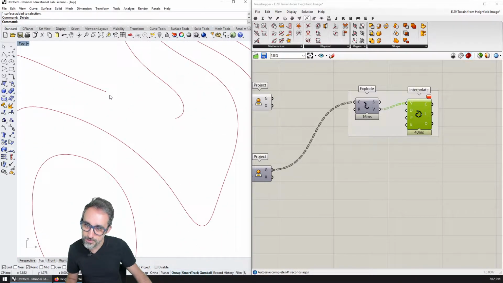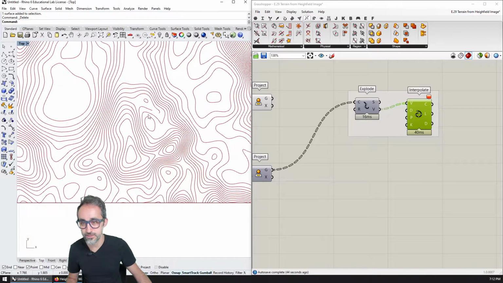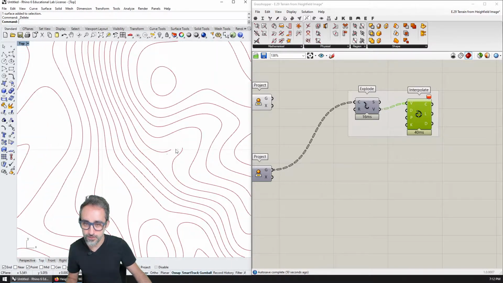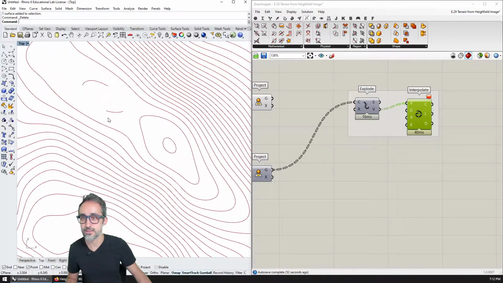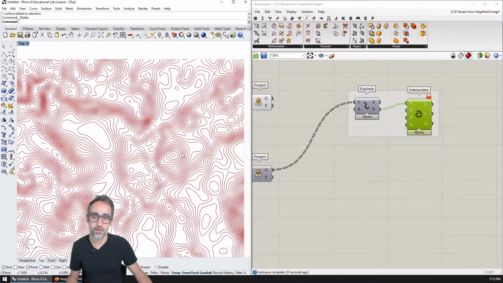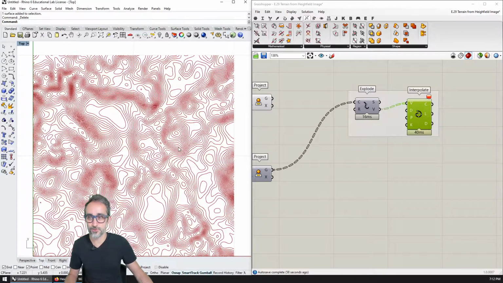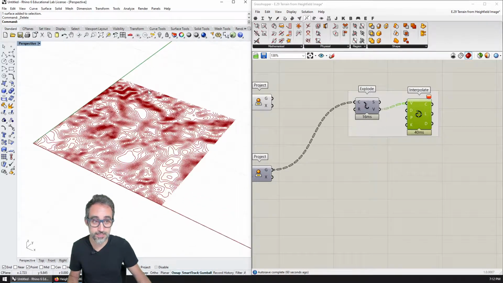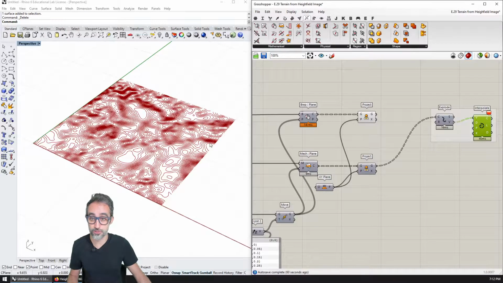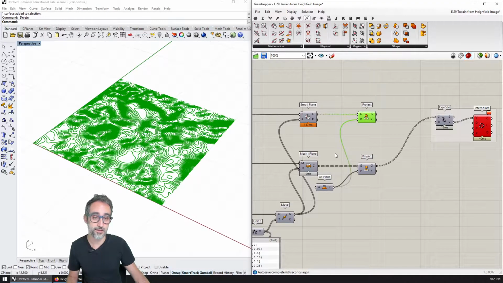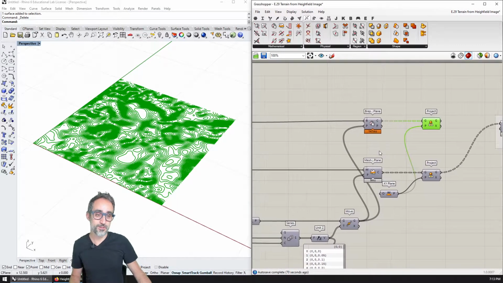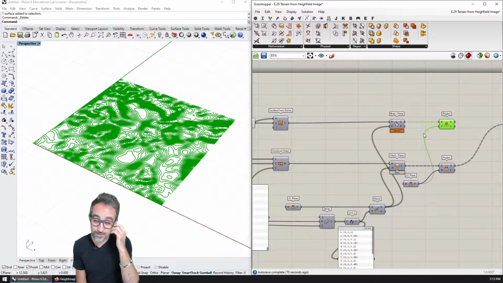But you see, I'm starting to get errors here because NURBS intersections are not perfect. Sometimes they can be buggy. So you see, I'm missing this area here. I'm missing this part here as well. So yeah, sometimes NURBS geometry is so complicated that it's even a little buggy. But I think with this, we are ready now to just send this to printing or send this to, I don't know, where do we send this? Now, those are the pros. For the case of the isocurves, a NURBS surface is a much better approach.